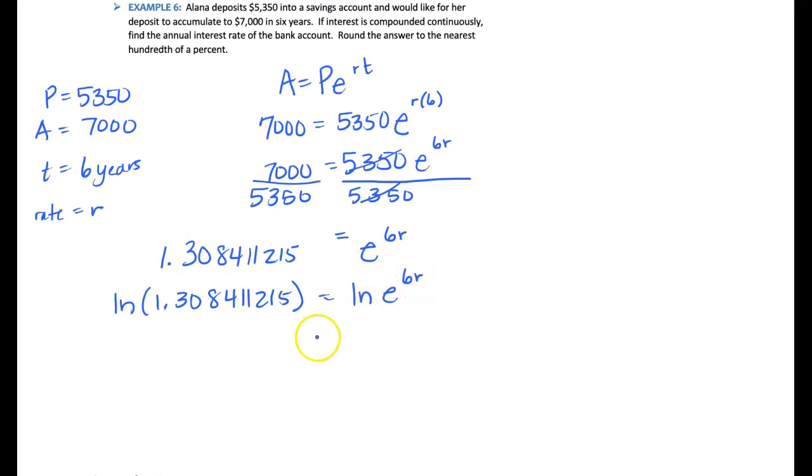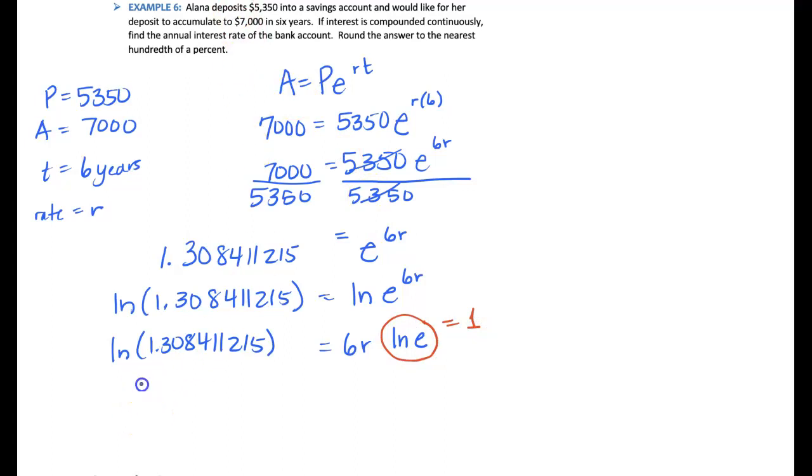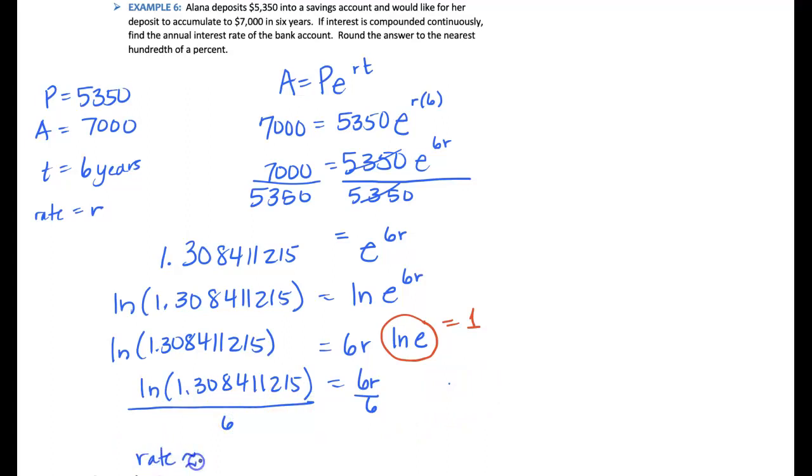And that exponent becomes the front multiplier, 6r times natural log of e. And remember that natural log of e is equal to 1. So that really means we have natural log of 1.308411215 equals 6r. And to solve for r, we can divide by 6 on both sides of the equation. And we find that our rate is approximately equal to